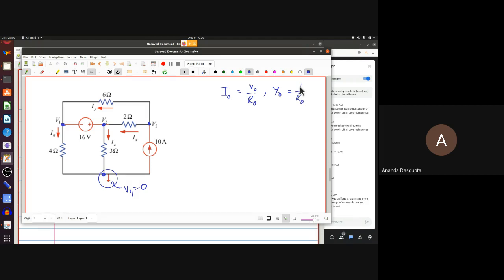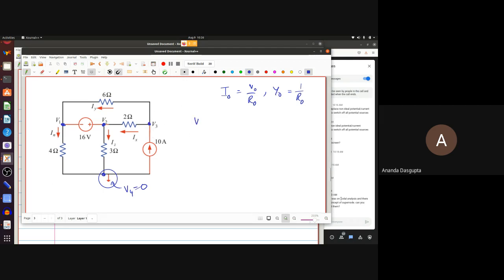So the initial procedure that you have to take into account, getting rid of voltage sources, bringing in current sources, cannot be carried out here. So the first part of the procedure fails. But that doesn't mean that you cannot use Norton's method. It just means that you cannot use Norton's method as it is written. Okay. So what can you do? You can do one thing very easily. You can write down Norton's equation for this node.